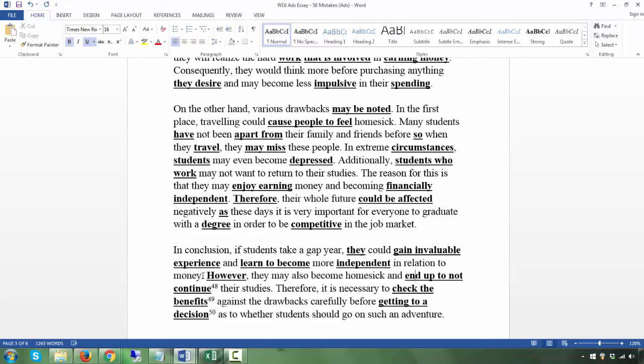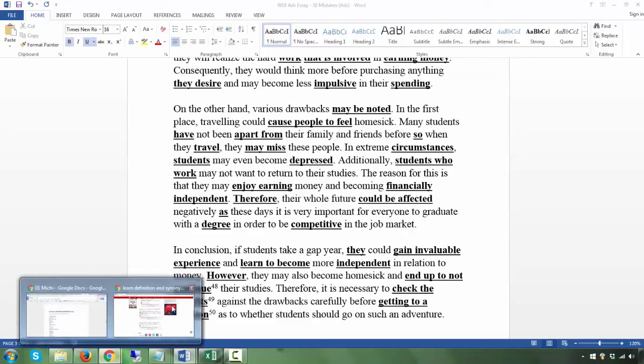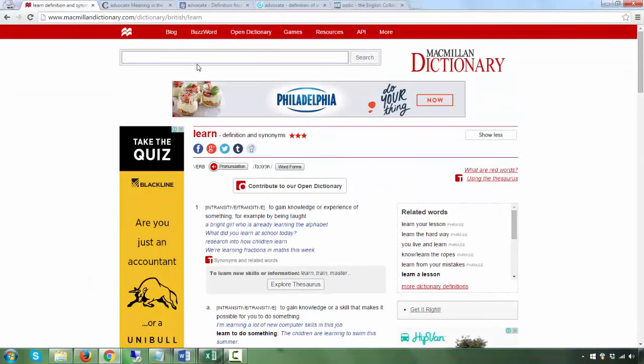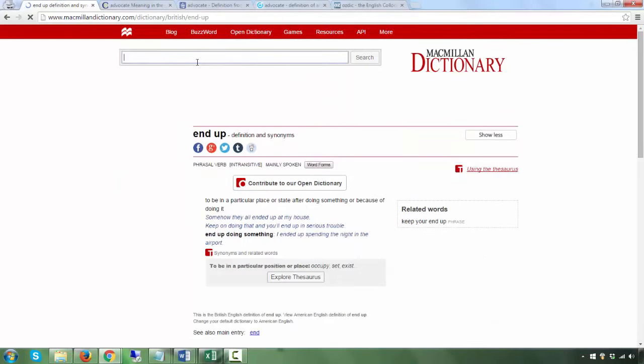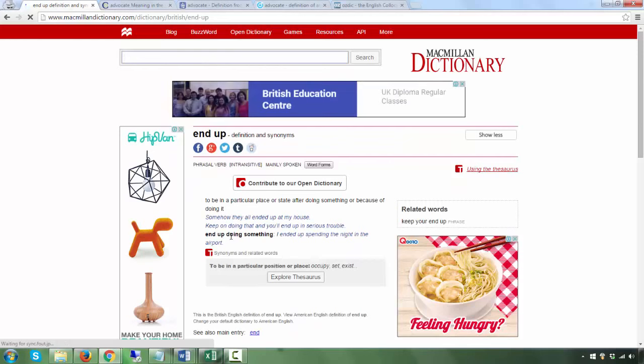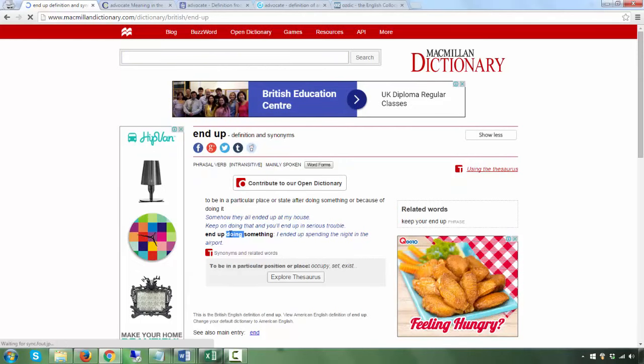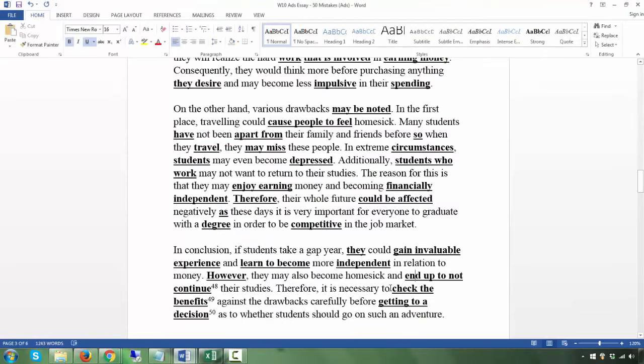They may also become homesick and end up... Let's see whether you have this here. End up. Okay, you see that? End up doing. So what comes after this? Verb ing. End up, not to plus base verb. End up not continuing their studies. Therefore, it is necessary to... you don't check the benefits, you weigh the benefits, which is a